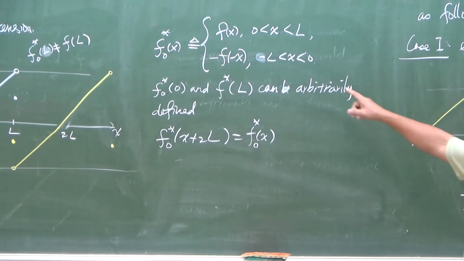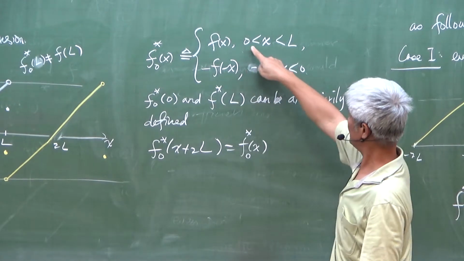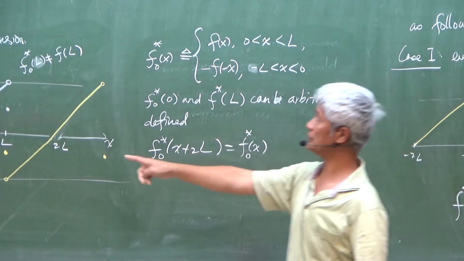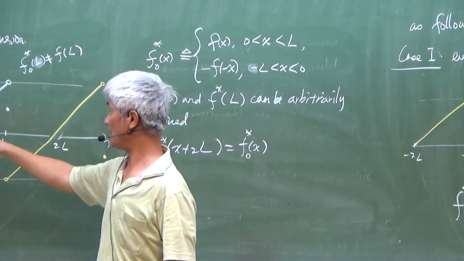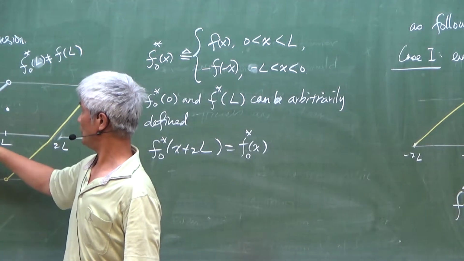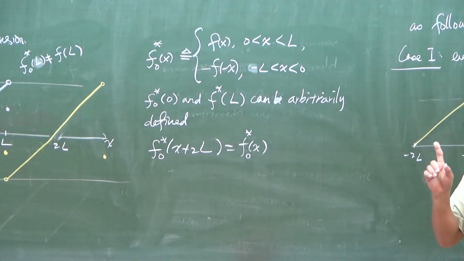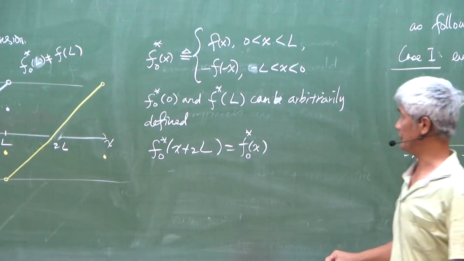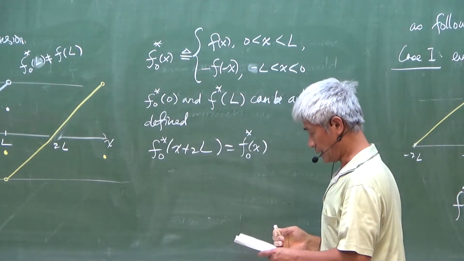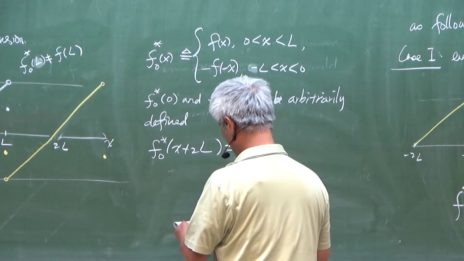So it's possible that the f star is different from f of x at the point 0 or at the point L. It's possible. But in this situation, they are different only at L. But it's possible that they are different at the point 0 here. Okay? But that's fine. With only 2 points, they are possibly different. Okay. So this is the proper definition of the periodic extension. Okay, and so now